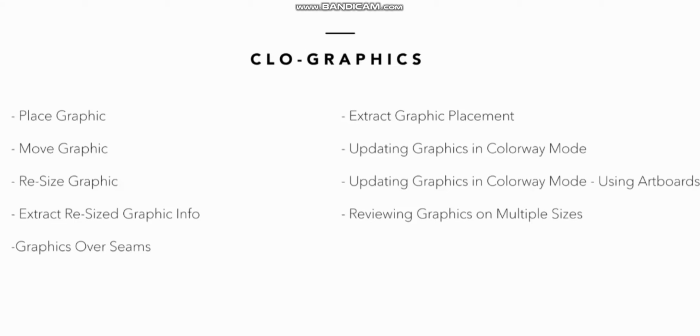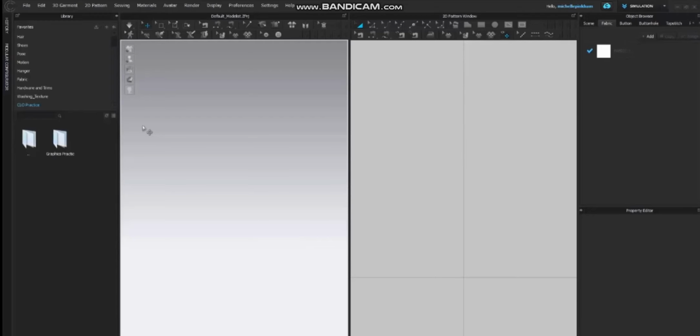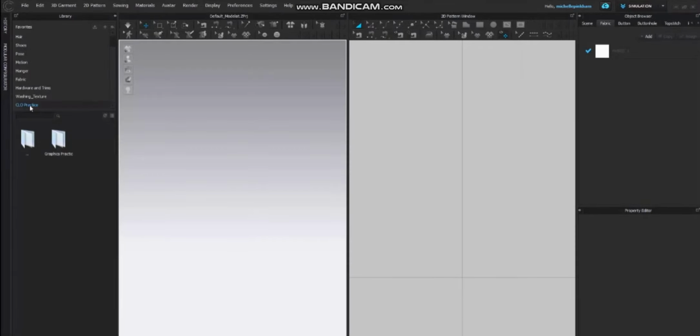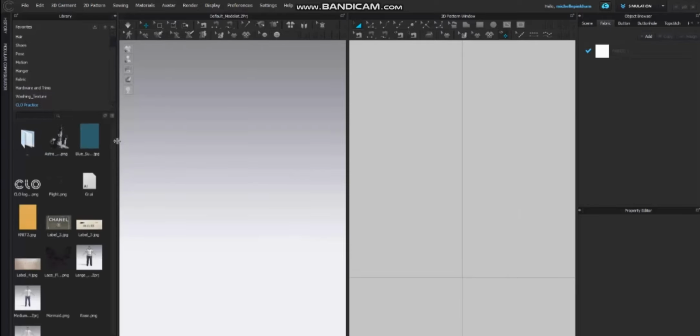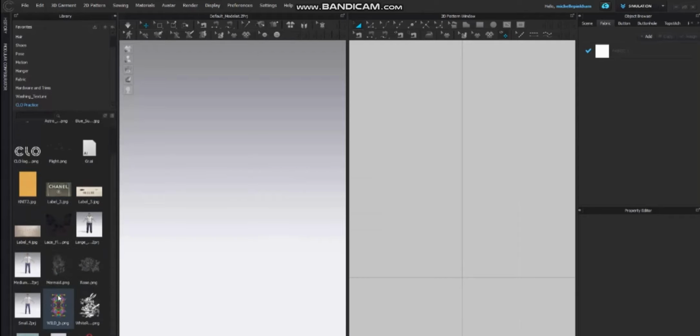You can download the folder that I'm working with called Graphics Practice from the link below and follow along. Once you've downloaded the folder, you can link it to your library through the Add button. Here I've already added my folder. I created a folder called CLO Practice and I've placed the Graphics Practice into that folder and linked the entire thing to my library. So now if I double click into here, I have some graphics and some avatars and